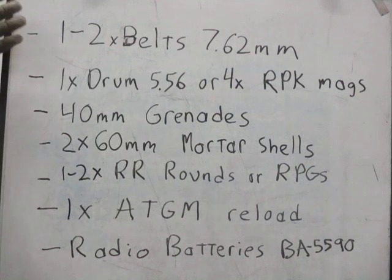Now, things that would not count for supporting your supporting weapons: anti-personnel mines, Claymores, placed anti-personnel mines. A Claymore weighs approximately 3.5 pounds. A Russian PMN-2 weighs around 1 pound. In the U.S. military, you would typically carry 1 Claymore. That would be in addition to this stuff and your basic combat loadout. The Russian military standard was 1 Claymore-type mine, a MON-50, or 2 PMN-2s, or 2